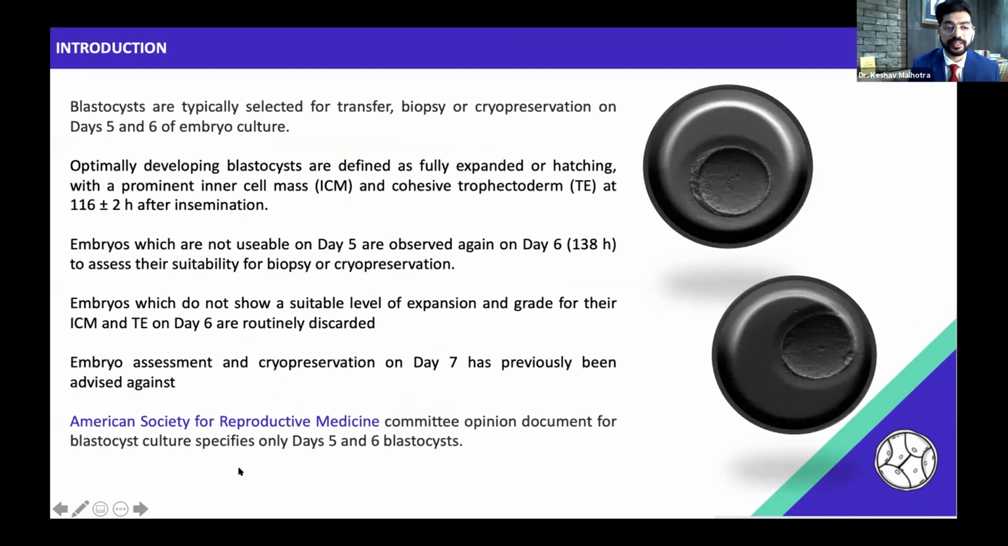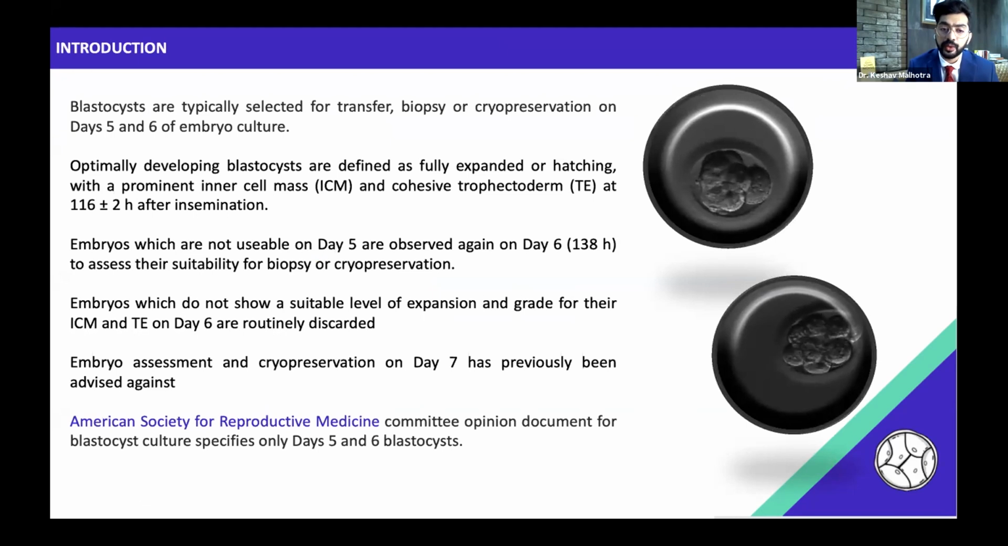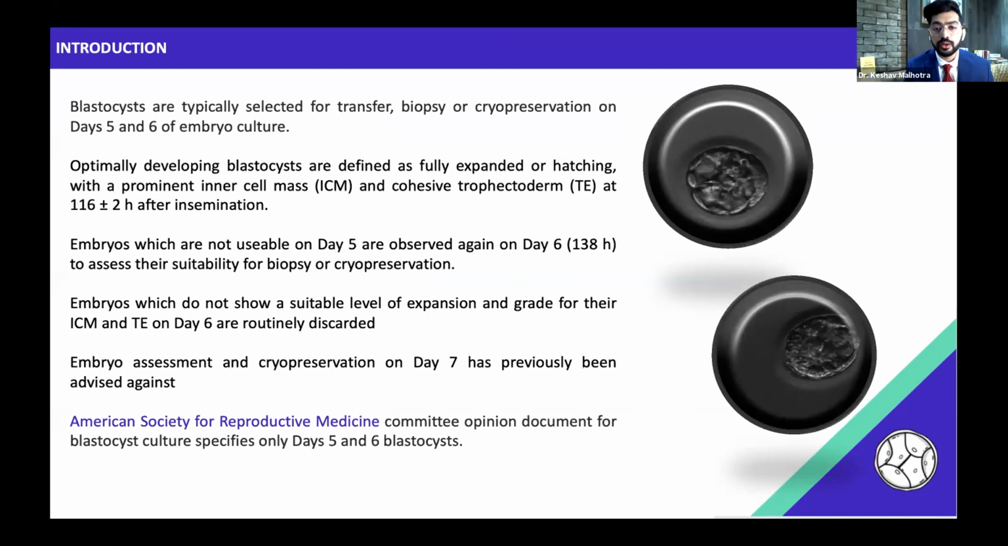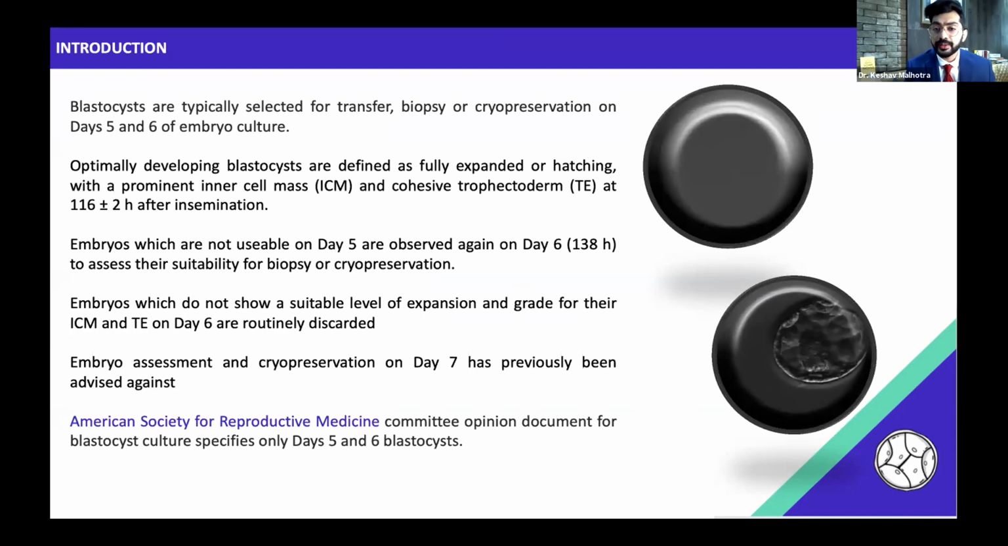So looking at all of this, let's come to the background of this talk. Now, we all know that generally, when we're following the Istanbul consensus, we should have an expanded blastocyst by about day 5, which is 116 hours plus minus 2 post-insemination. Most of the embryos which are unsuitable at that point, or which are growing slow, are actually cultured for 1 more day. And we should be observing these embryos at 138 hours post-insemination to check whether they're suitable for biopsy or